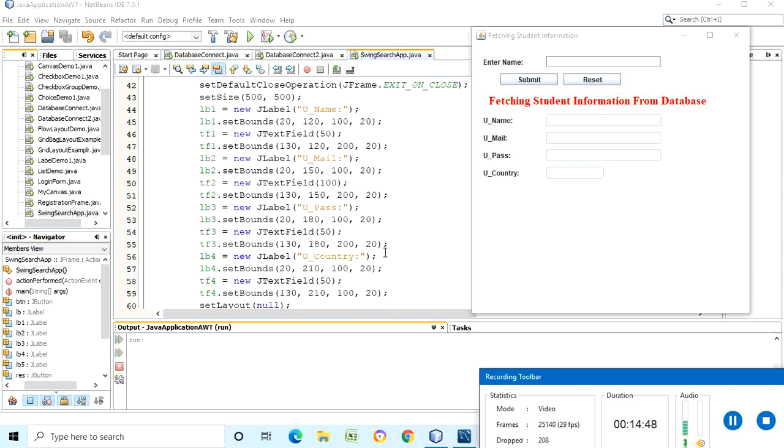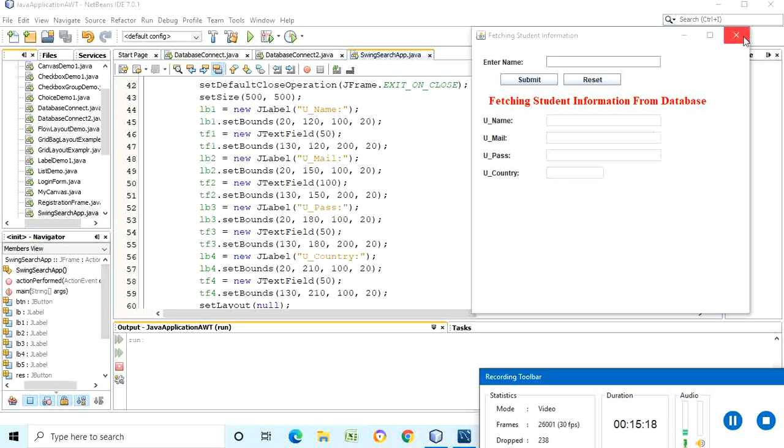Now it is up to you. If you want to change these coordinates, you can change them. No problem in that particular case. But the important point is that the two components should be well separated. So you should keep that fact in mind. Once you keep that in mind, it is very easy. If you are having some problem, on plain paper you can draw this particular GUI and then manipulate the coordinates and give them accordingly. It is a very easy task in that case.